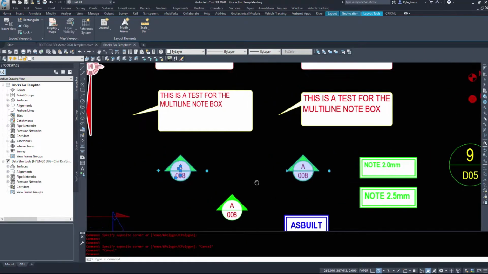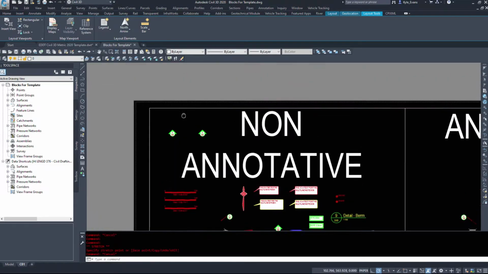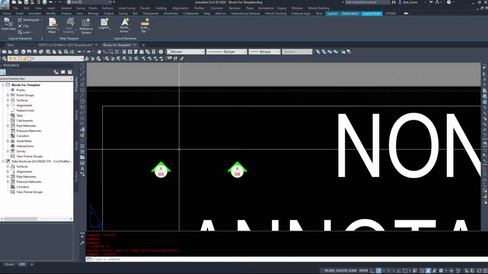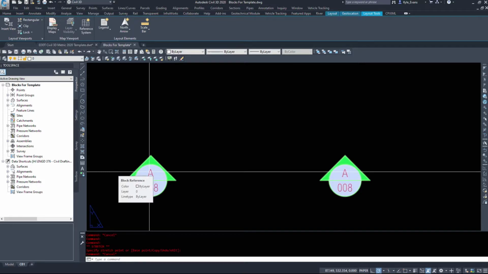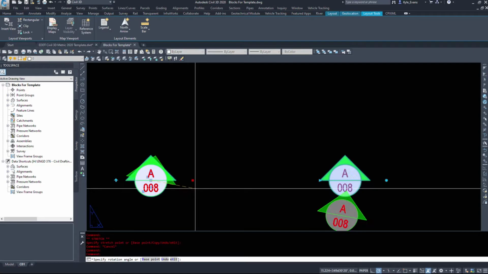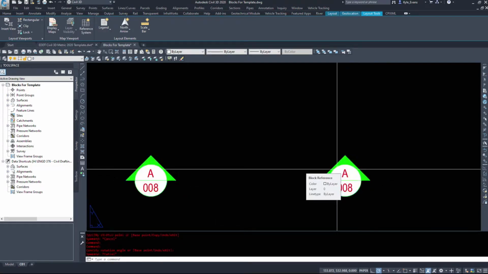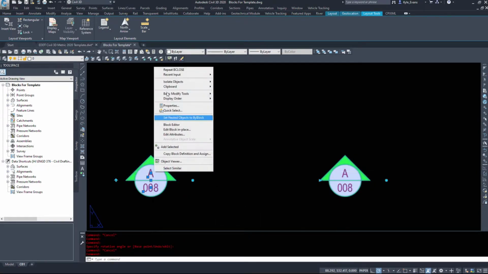This is probably one of the most detailed ones that I do happen to have. It is a section marker, so we can place it on the end of an alignment or through a detail or on a detail page cutting through a certain section. Inside of this, I have 4 attributes. I have a couple rotates, I have some stretches, I have some flips. So taking a look inside of this,